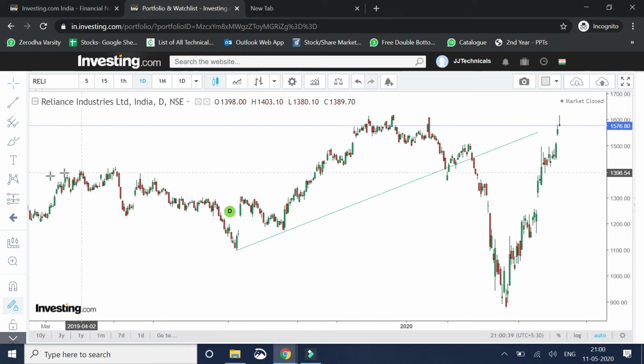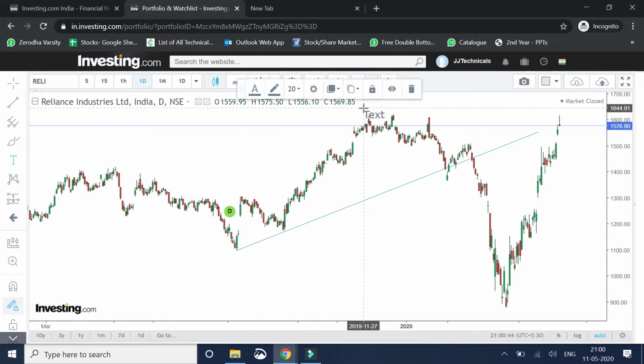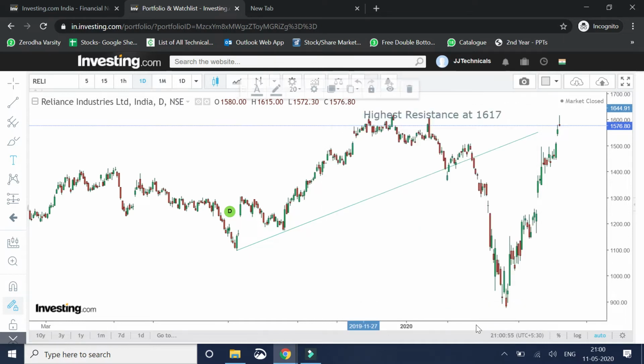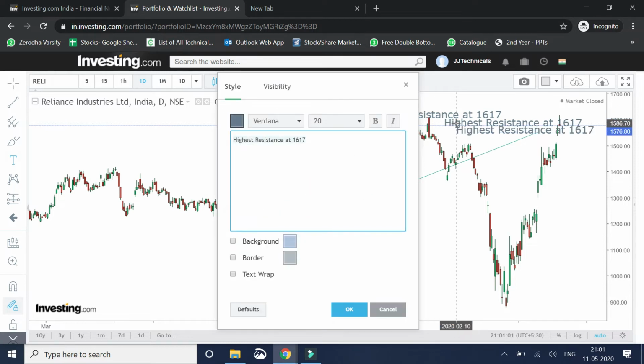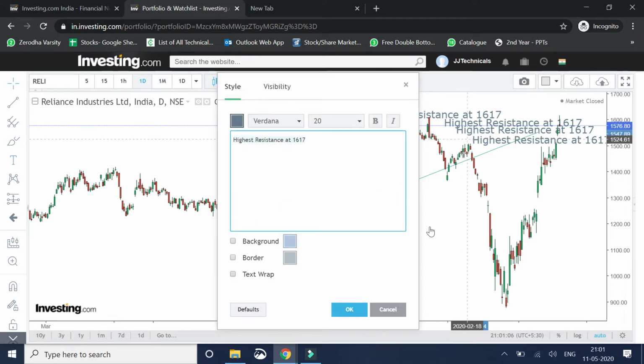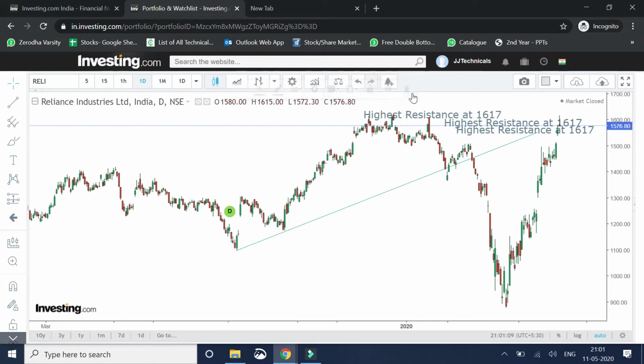And if you want to put a text here, like this is the highest one, just place it here. That's all. This text will come. You can save this. One second, this is still there, so that is why it is coming again and again. Actually you can save this. So this is how you need to draw it. This is how you need to type a text here.